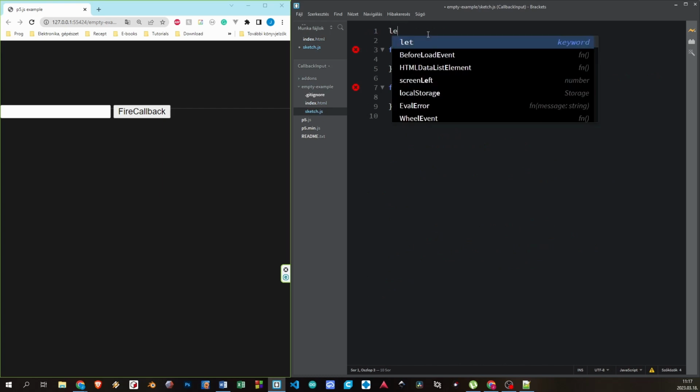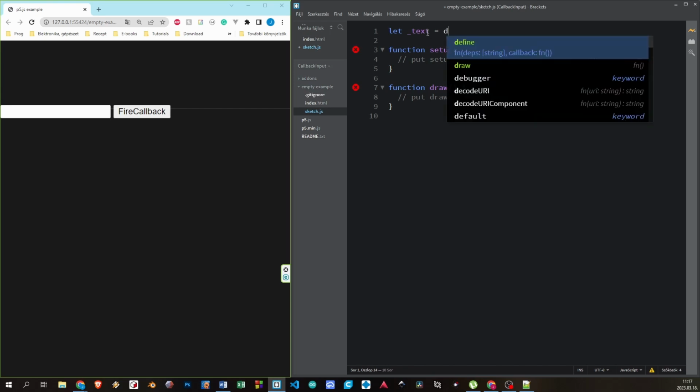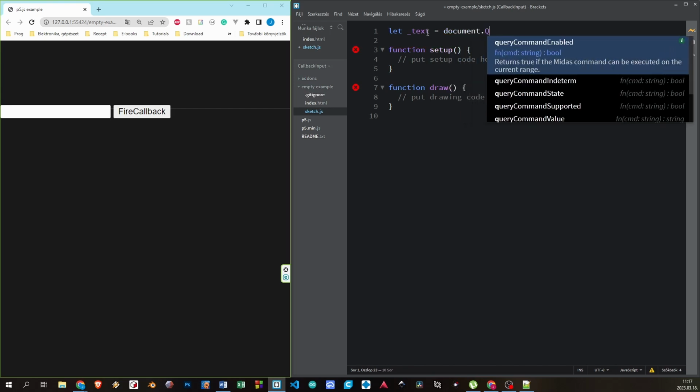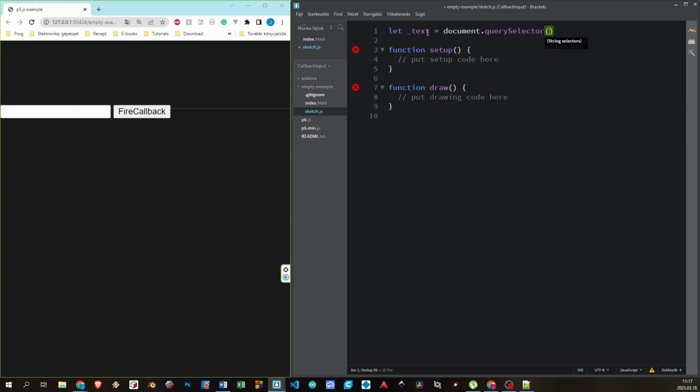So I say let, firstly I grab the paragraph, which is going to be underline text equals document.querySelector, and text. So I just give the ID here,